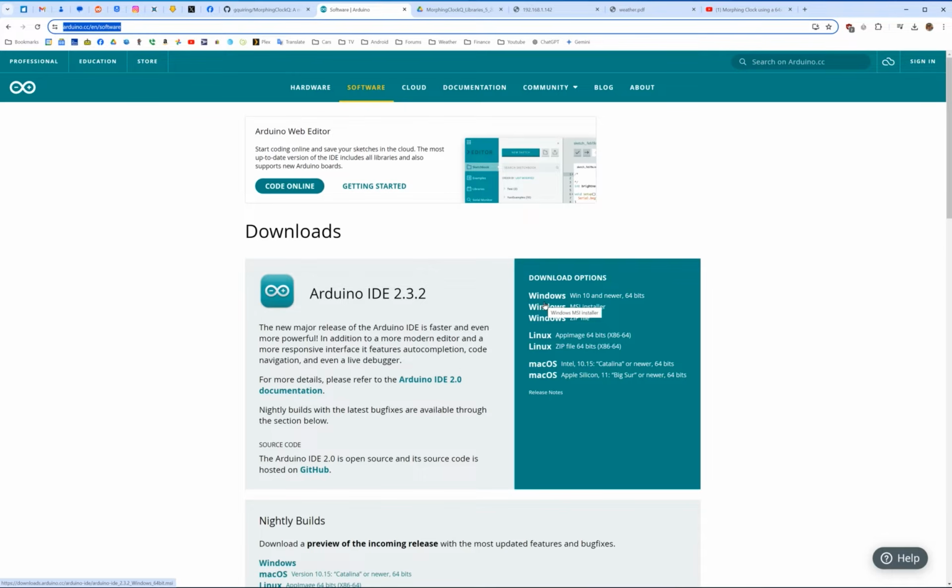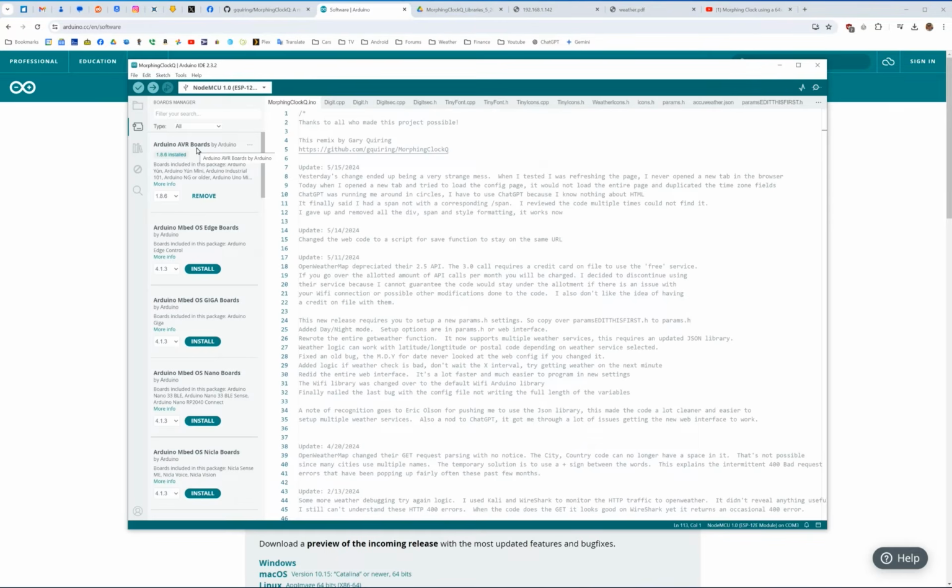Once you've downloaded the install program, run it. Pick all the defaults. Don't worry about anything. Just take everything as a factory default. All right, so once you've installed and launched the IDE for the Arduino, the first step you want to do